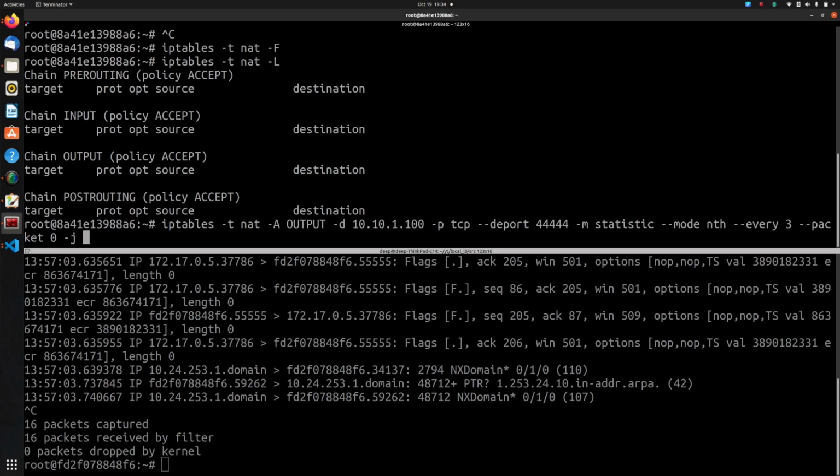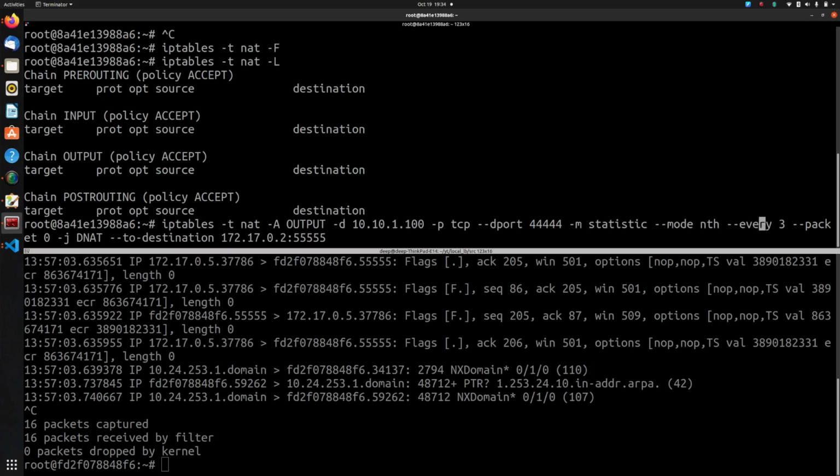Again the same thing, -j DNAT --to-destination 172.17.0.2:55555. As simple as that. It's the same thing: -t nat -A OUTPUT -d 10.10.1.100 -p tcp, that's a mistake, it should be --dport 44444 -m statistic --mode nth --every 3 --packet 0, it starts from the 0th packet, -j DNAT --to-destination, the upstream container.